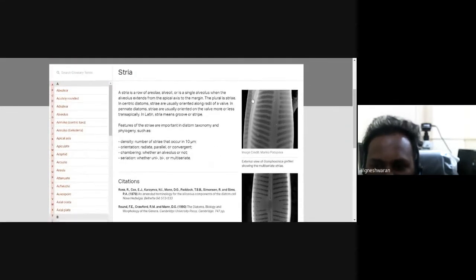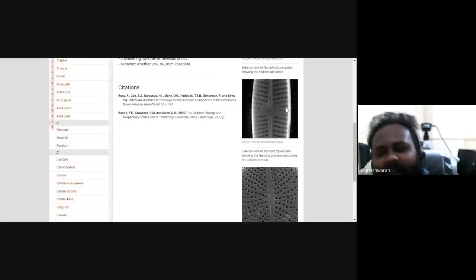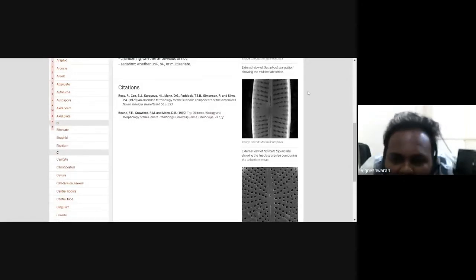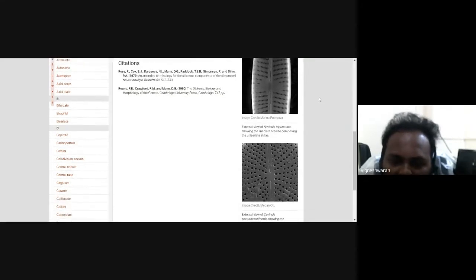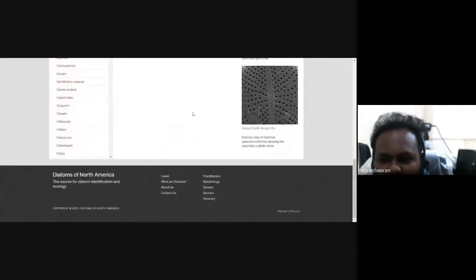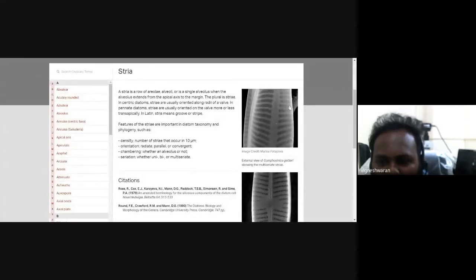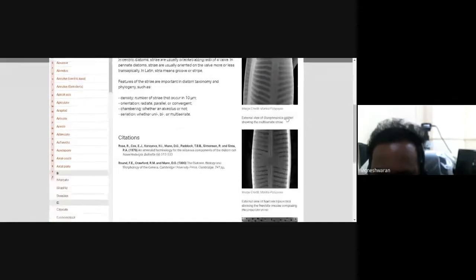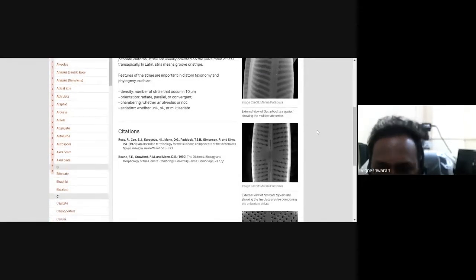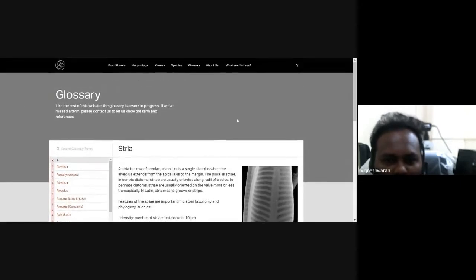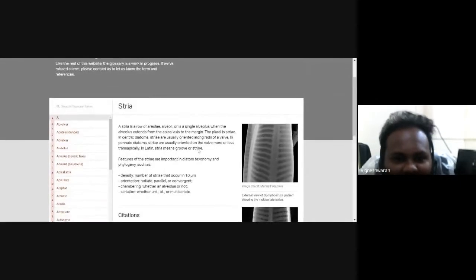In every diatom, these characters, the raphe and striae, must be present, and even diatoms are classified based on them. Based on the presence of the raphe, diatoms are classified into many different types, which we are going to see. So this is the raphe, you have to remember this. Sometimes, like here, if you see, there are 3 different lines running in every individual section. That is called multiseriate striae. There are many different terminologies. Now we will see that. The striae and raphe are the major characteristics.